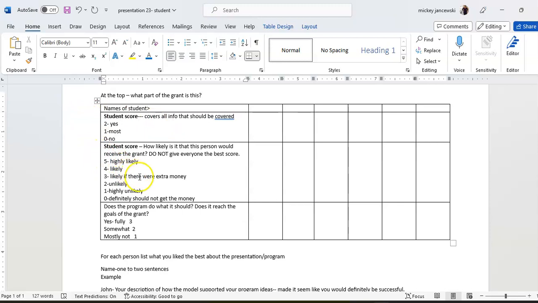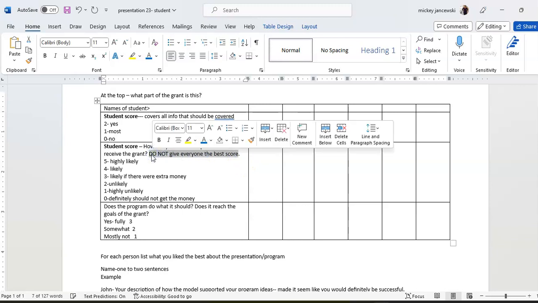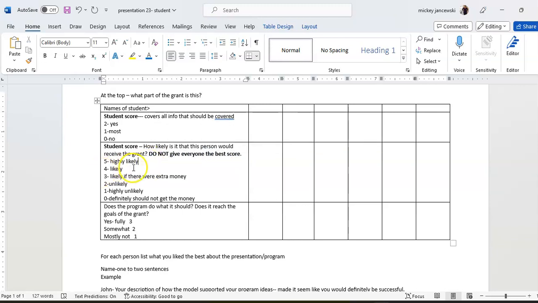The second area you're going to score the person on is, how likely is it that this person would receive the grant? Do not give everyone in the group the best score. So in reality, only 1 or 2 people in each group should get a 5, 1 or 2 people should get a 4, 1 or 2 people should get a 3, and so on. If you give everyone 5s, or everyone 5s and 4s in a group of 5 or 6 people, then you who filled out this form will lose points. I am forcing you to choose which is the best, next,